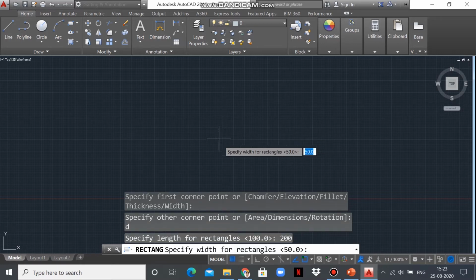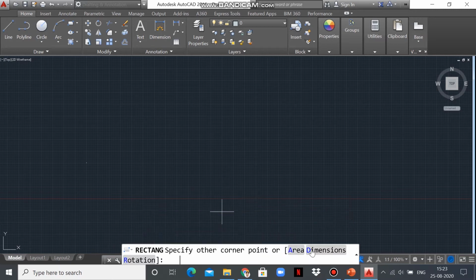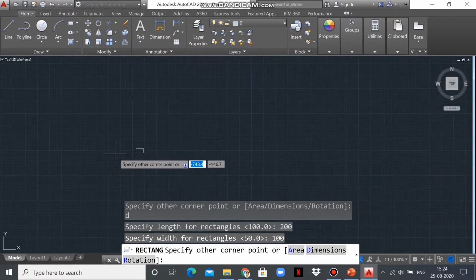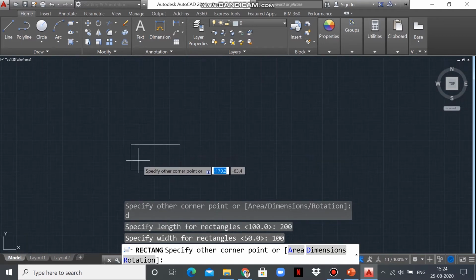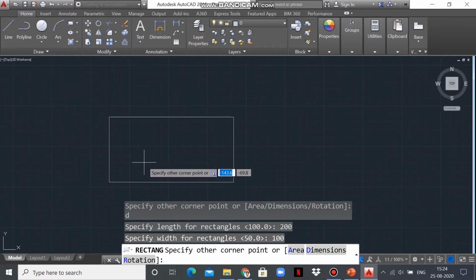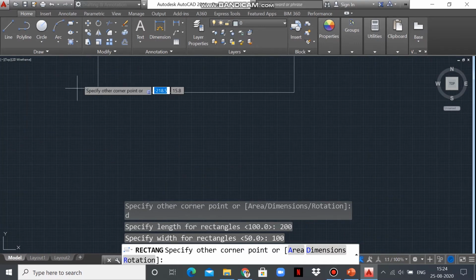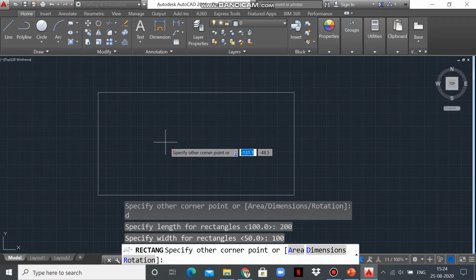Now here specify the width of rectangle. Now I am going to give the width value of rectangle. I gave 100. Now we can see our rectangle is drawn.